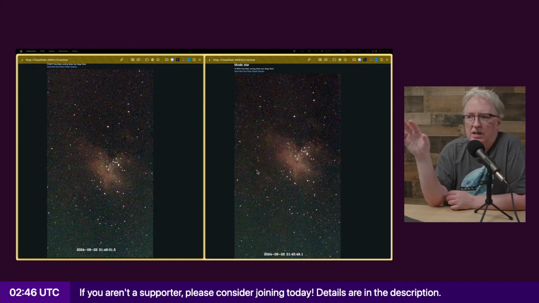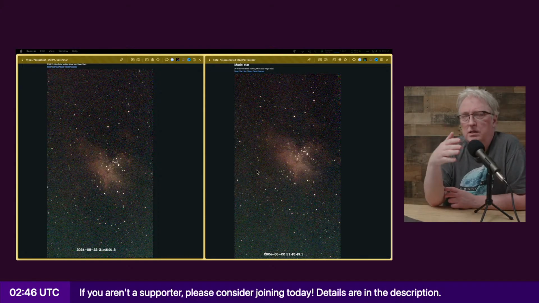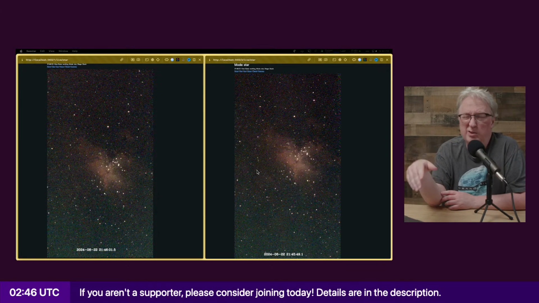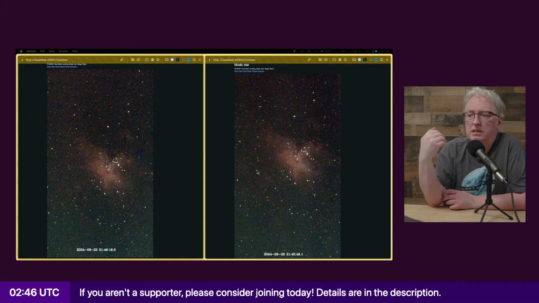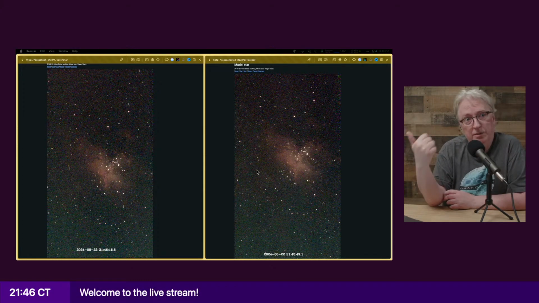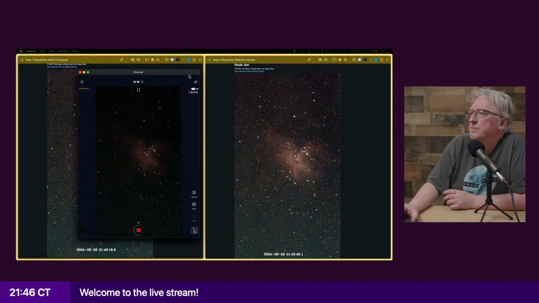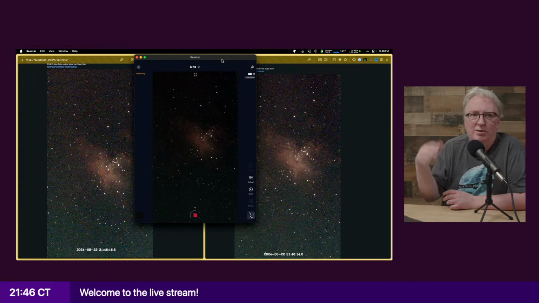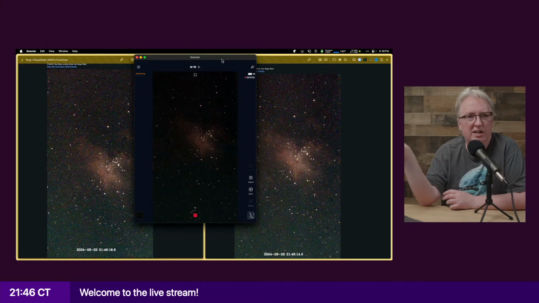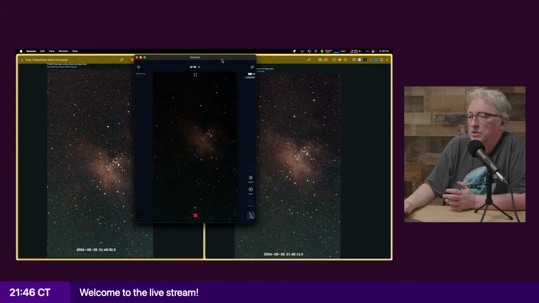One of them is to give more status updating, not necessarily the progress, because that's going to be a more invasive change, but showing you how much cumulative exposure time you have on the stack, and how many successful frames and how many rejected frames, which I think could be helpful for people. Again, it goes along with the whole project of trying to give you more control over things.